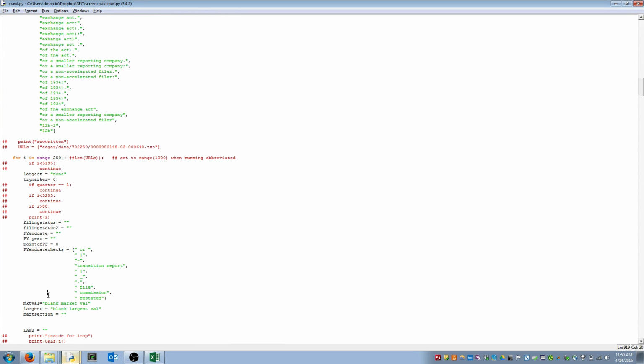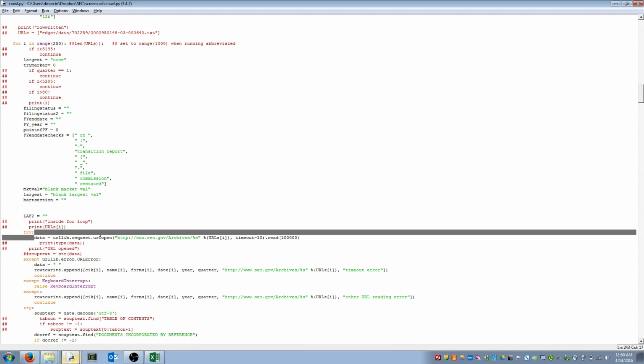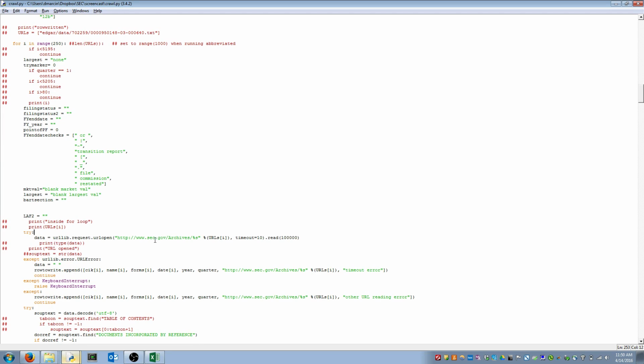let's see, where do I get to the reading? Okay, I have a try except statement here. We're just going to open the page, and we're going to open sec.gov/archive/ and then this is the part where it's edgar/CIK/. I put here a timeout of 10, and also the thing is,